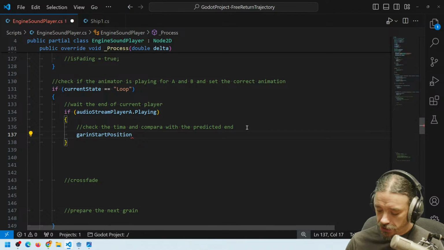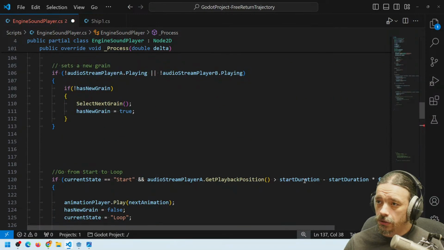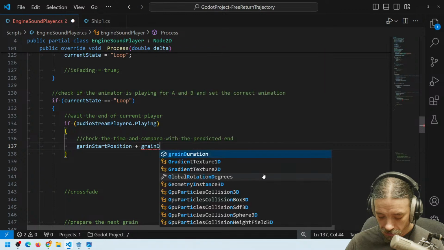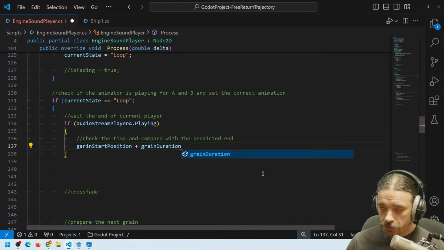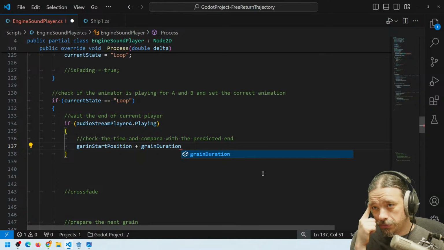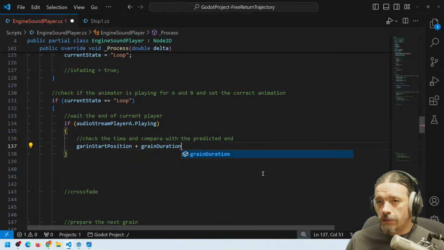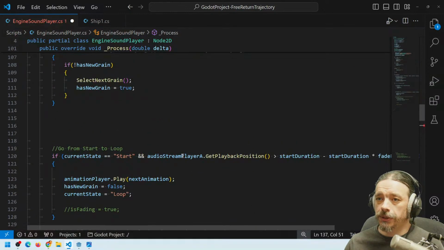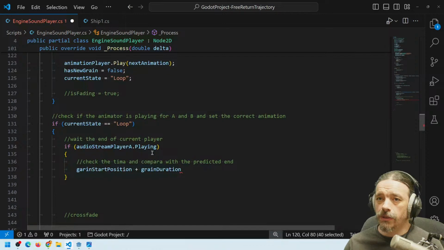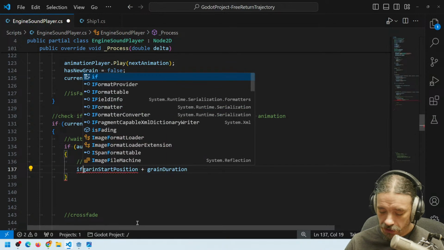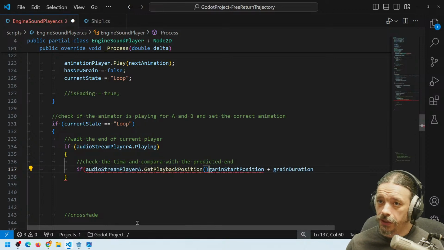and we can access it down here. Let's say grain start position plus grain duration. This is the number that we need to check. How do I know where the player is? The player is at here. So if it's player A that is playing, we need to see if the player A position